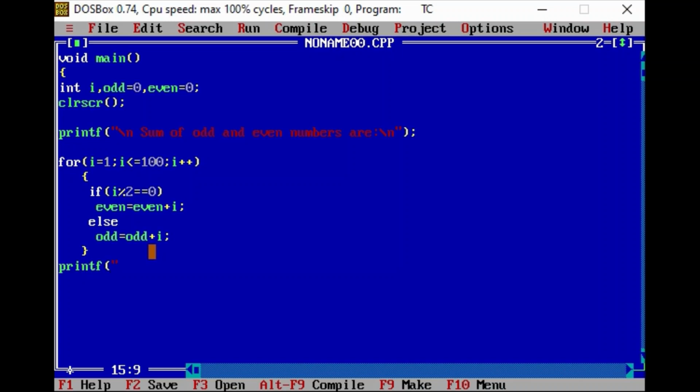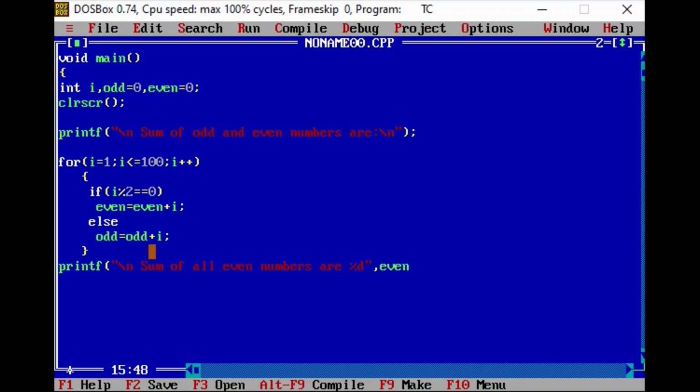So printf, double quotation, slash n, sum of all even numbers are, percent d, bracket, comma and the name of the variable whose memory location is saved by its name.